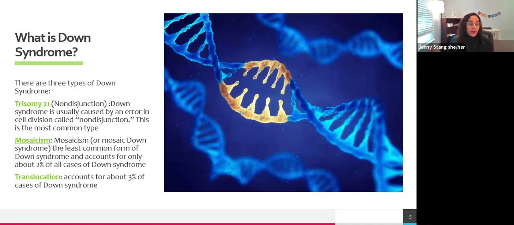However, due to the higher birth rates in younger women, 51% of children with Down syndrome are born to women under the age of 35. So even though advanced maternal age has been linked as a factor in Down syndrome, just by simple statistics, because more women under 35 have children than women over 35, more people with Down syndrome are born to women who are under the age of 35.